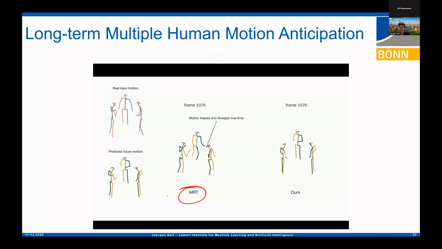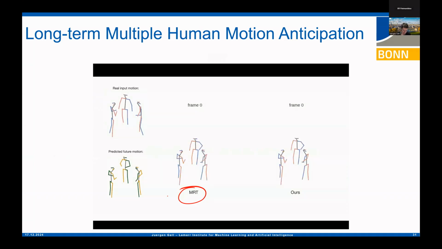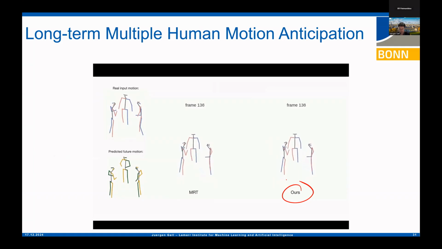So now I'm playing the video again, and now we can look not at the transformer architecture, but at the diffusion model. If you play the observation, it now switches to the forecasting, and you see it continuously generates some kind of motion. It doesn't suffer from the freezing, and at the end, there are always some nice interactions between the different persons. We also analyzed in the paper, using different metrics, and it also shows that the generated motion is plausible given our training data.